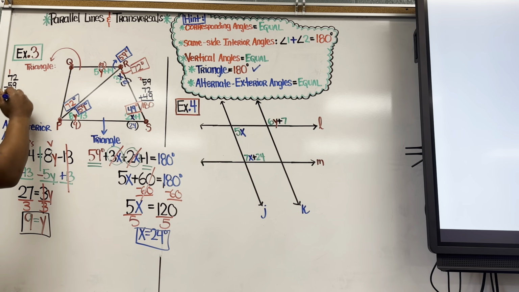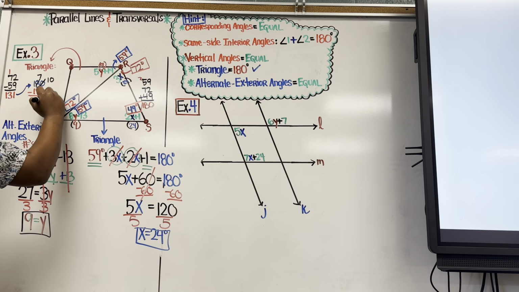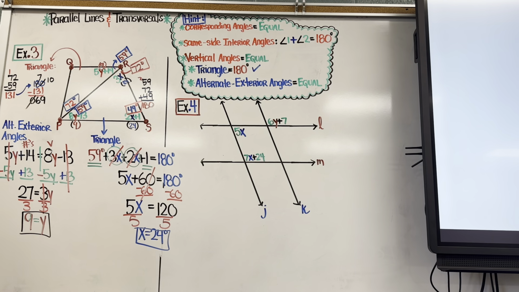So if I subtract 131 degrees from 180 degrees, I should get this particular angle, okay? That's 9, this is 6, and that's 0, right? So that angle right there should be,